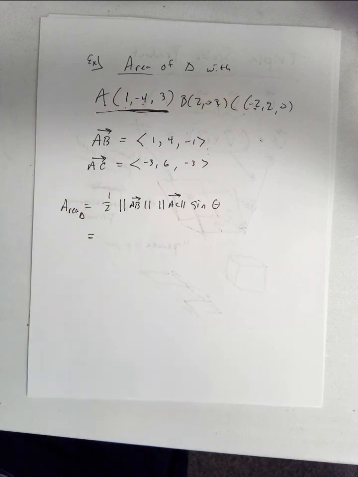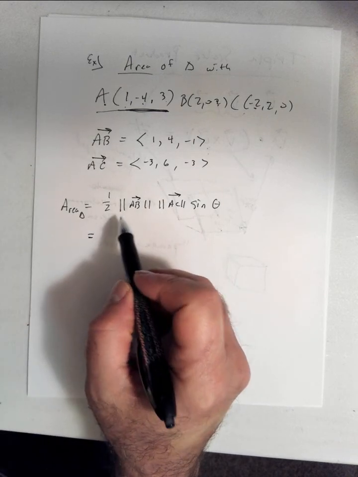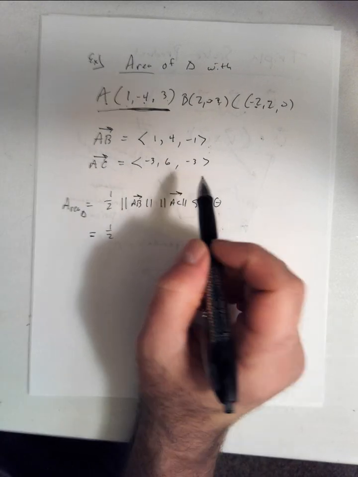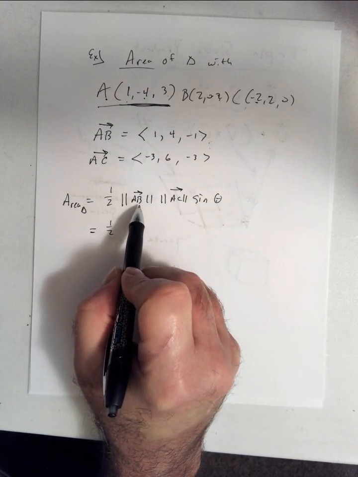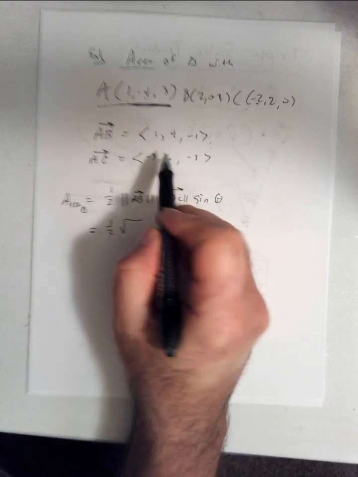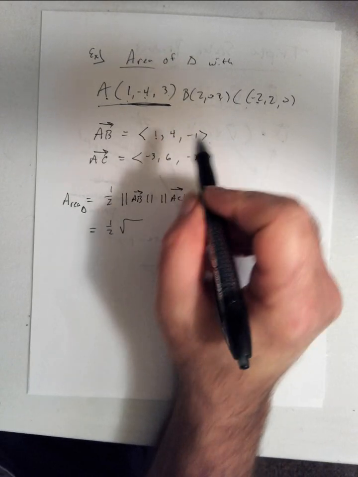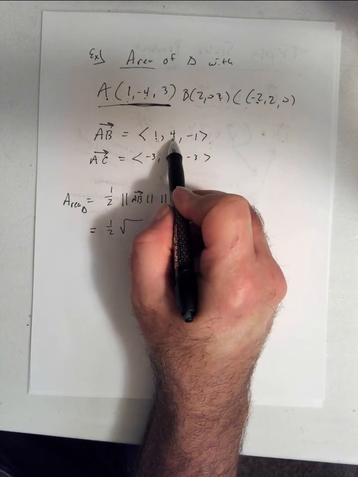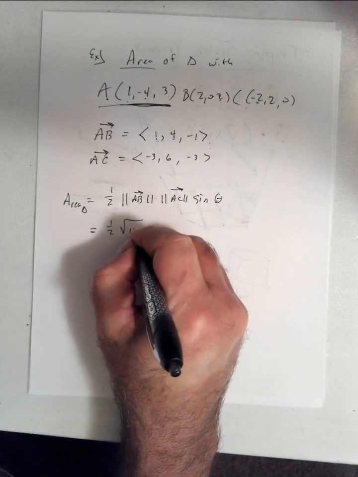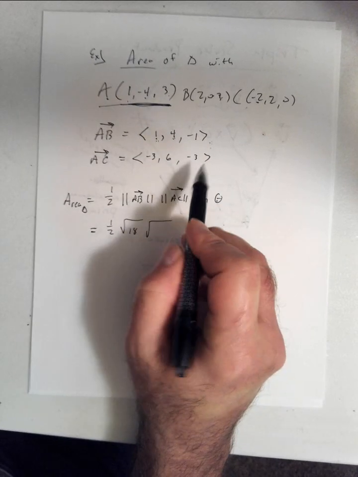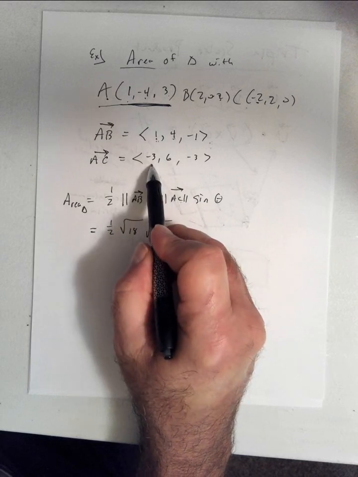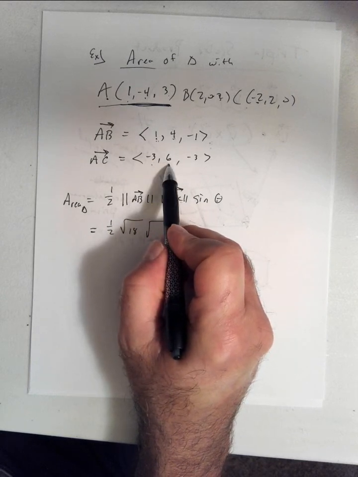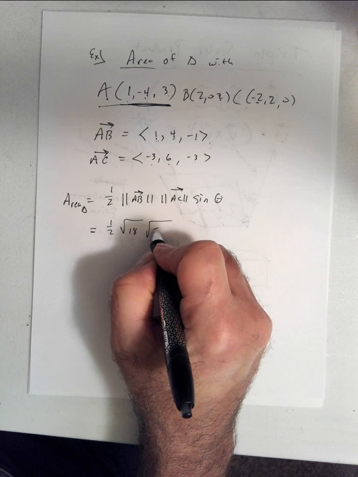So we have almost everything we need here, with the exception of, so we have 1/2. We'll get to this in a minute. So the magnitude of AB, remember, is the square root of a squared plus b squared plus c squared. So that's 1 plus 16 is 17, plus 1 is root 18. The magnitude of AC, or the length of AC, 9 plus 36 is 45, plus 9 is 54,